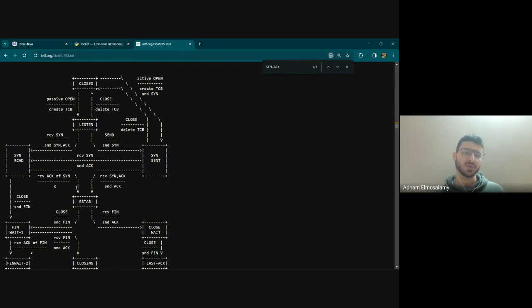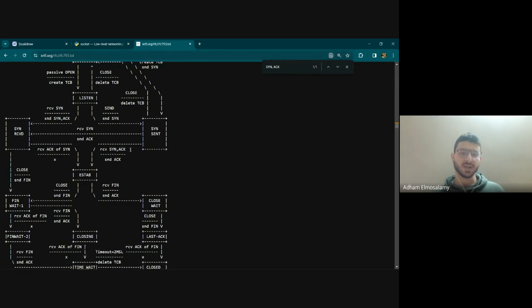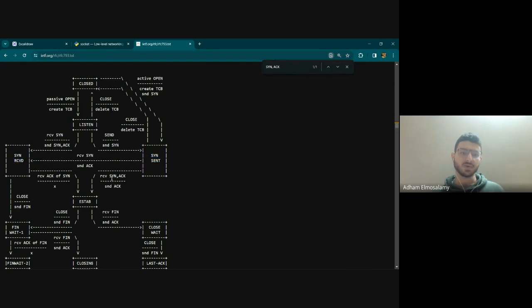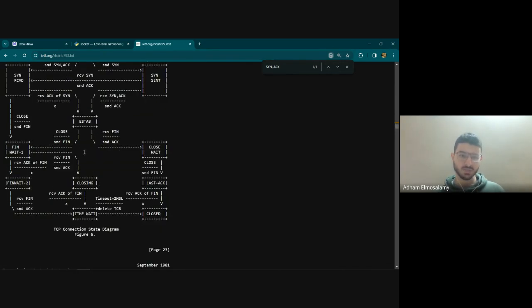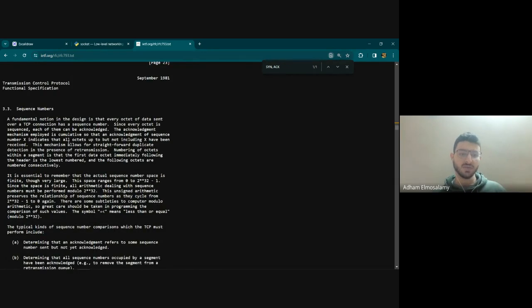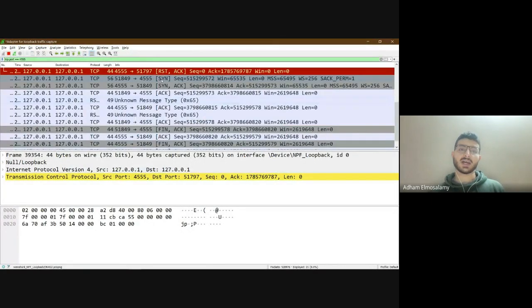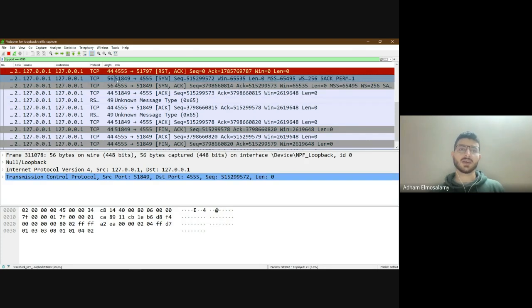So if you're trying to establish a connection, if you receive a SYN and you're closed, what do you do? Actually, I'm not sure. Okay, if you're closed, anyways, you'll find it somewhere here. If you receive a SYN while you're closed, you send back an RST telling them that no, reset, I'm not available. But on the other hand, if you receive a SYN and you're open, which is in our case, the server was open, was listening. So this port here, 51849, sent to 4555, SYN, I want to talk. 4555 replied back, it said,